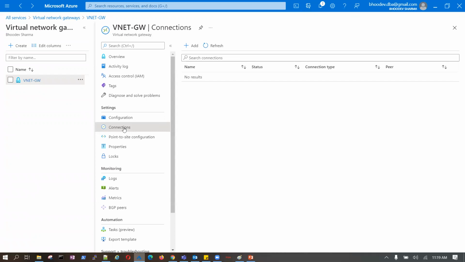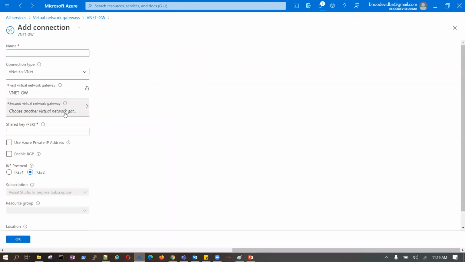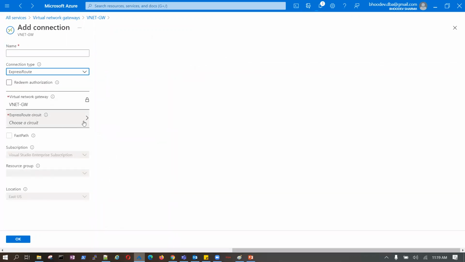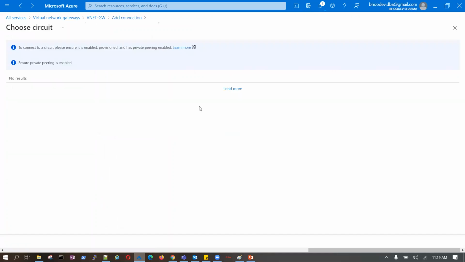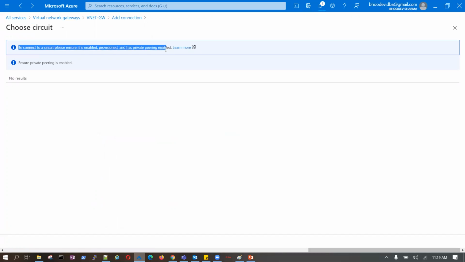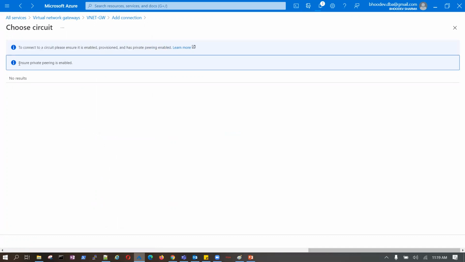Now if we create the same with ExpressRoute, then here this is the VNet gateway from where we are establishing a connection. Then we need to choose a circuit. If the service provider has terminated a connection at your point, then that connection will be available here, meaning the 2 Gbps or 1 Gbps line, if it has been given for your VPC, will be available here.